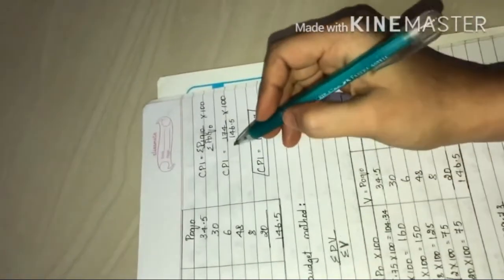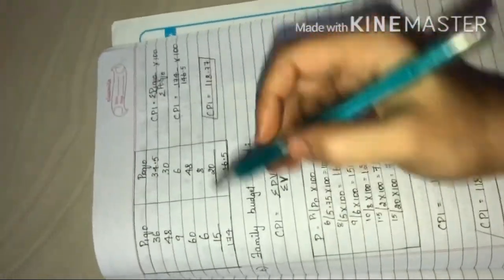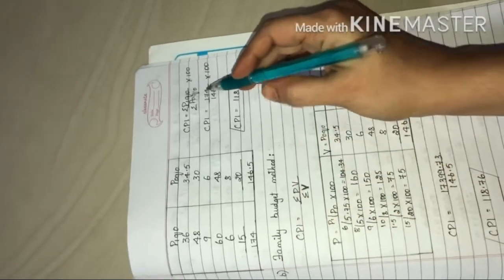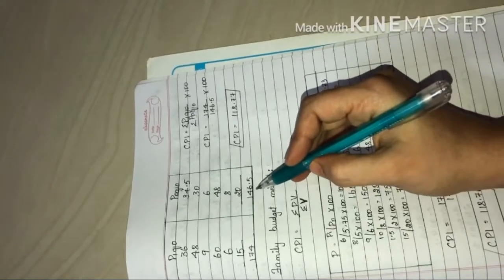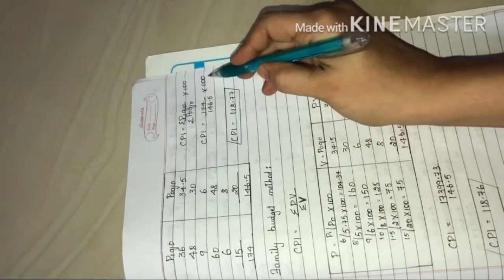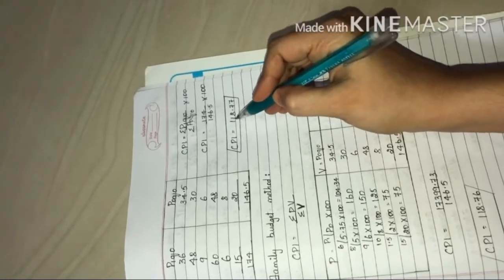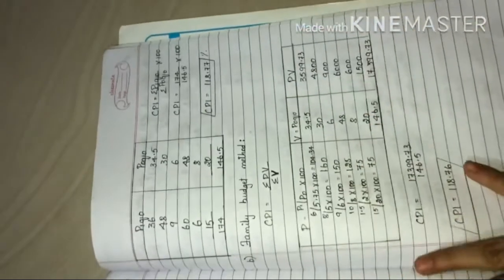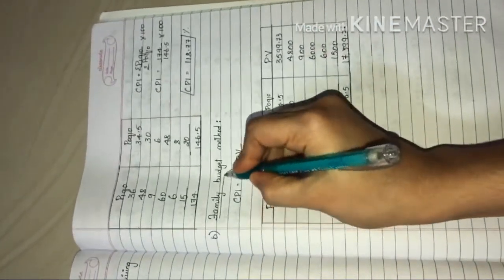Now you need to derive the formula. CPI is equal to the total of P1 Q naught, which is 174, I've written it here, divided by the total of P naught Q naught, which is 146.5, into 100. If you do it, you will get the consumer price index as 118.77%. Now the same question is also asked to solve under the family budget method.